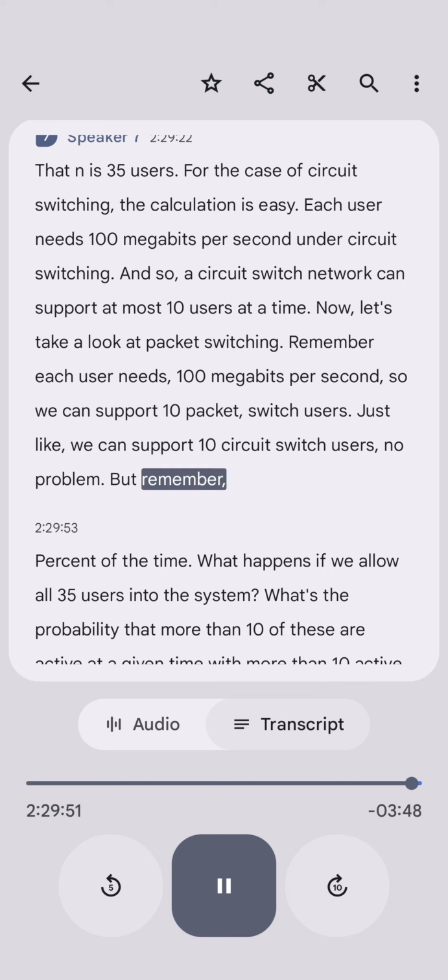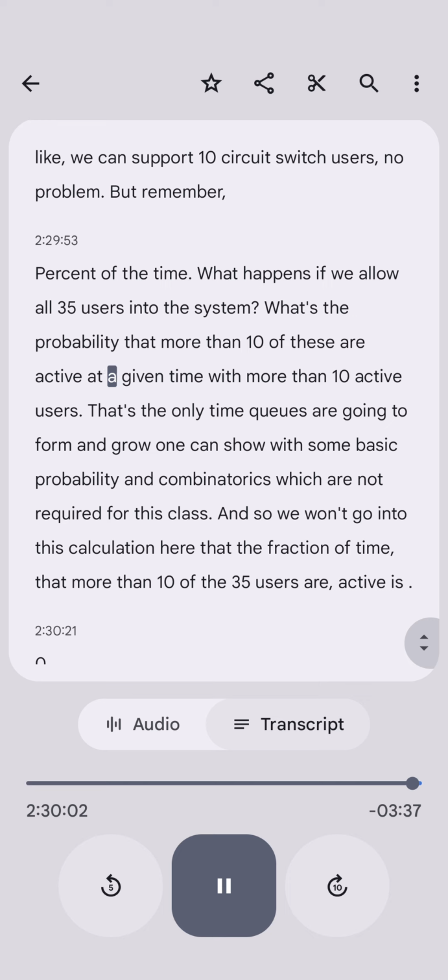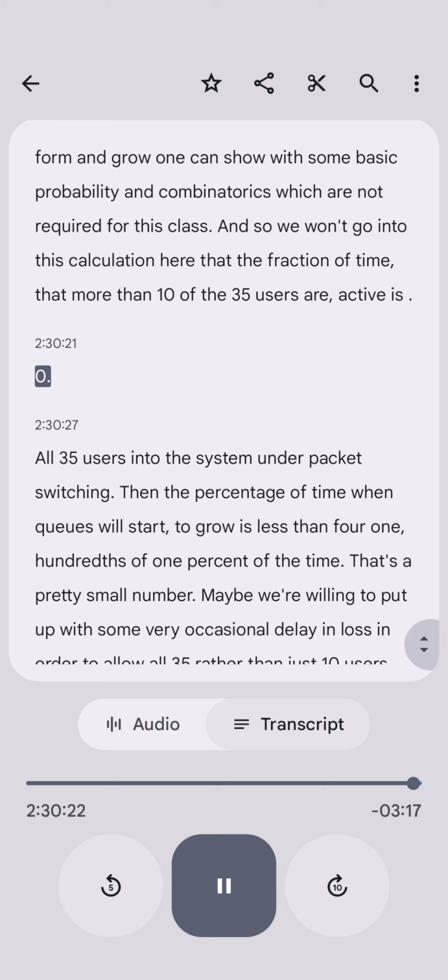But remember, each user is only busy 10% of the time. What happens if we allow all 35 users into the system? What's the probability that more than 10 of these are active at a given time? With more than 10 active users, that's the only time queues are going to form and grow. One can show with some basic probability and combinatorics, which are not required for this class, and so we won't go into this calculation here, that the fraction of time that more than 10 of the 35 users are active is